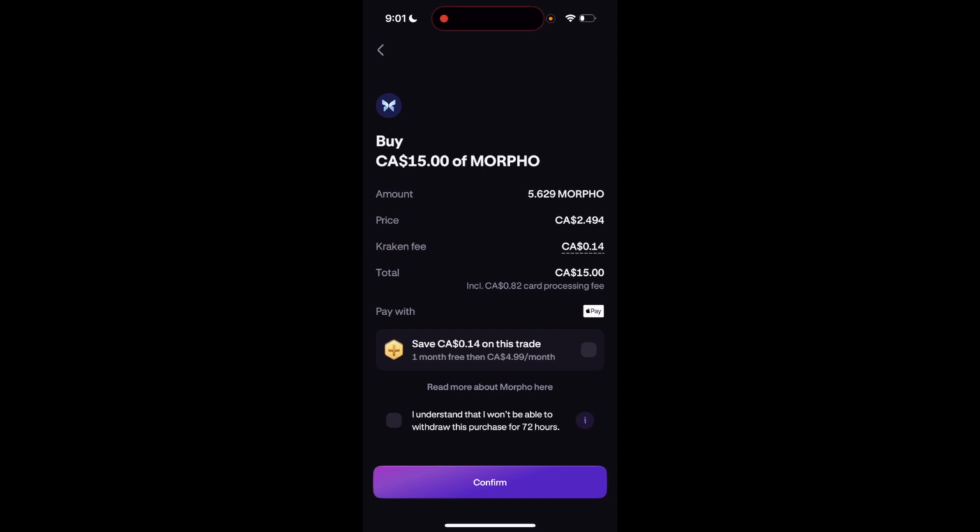Once you're on this page, you can review the transaction so you can check out the amount of Morpho that you're buying, the price, the fee, the total price you're paying, the method you're paying, and if all looks good and you want to proceed, go to the bottom, press on the purple confirm button, and then follow the steps that way. So that is how to buy